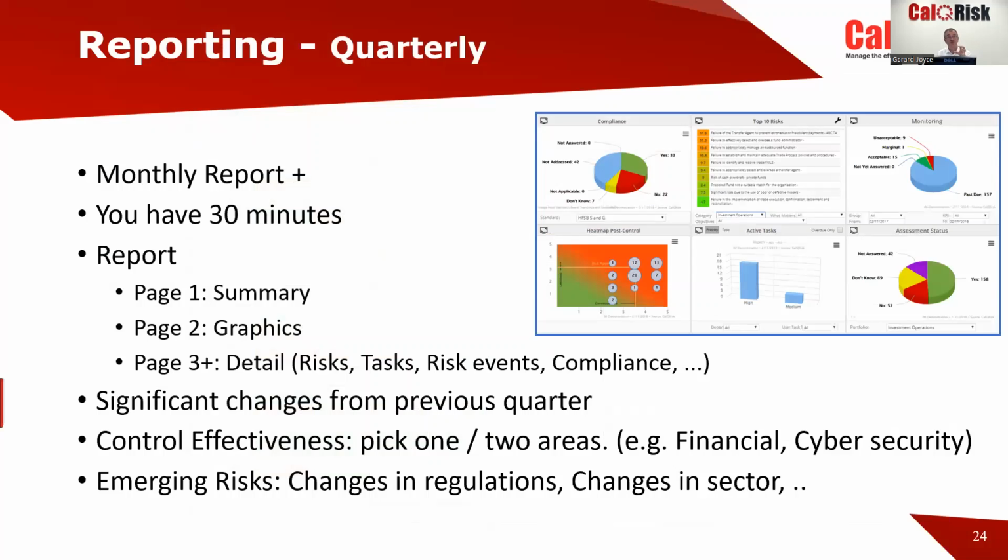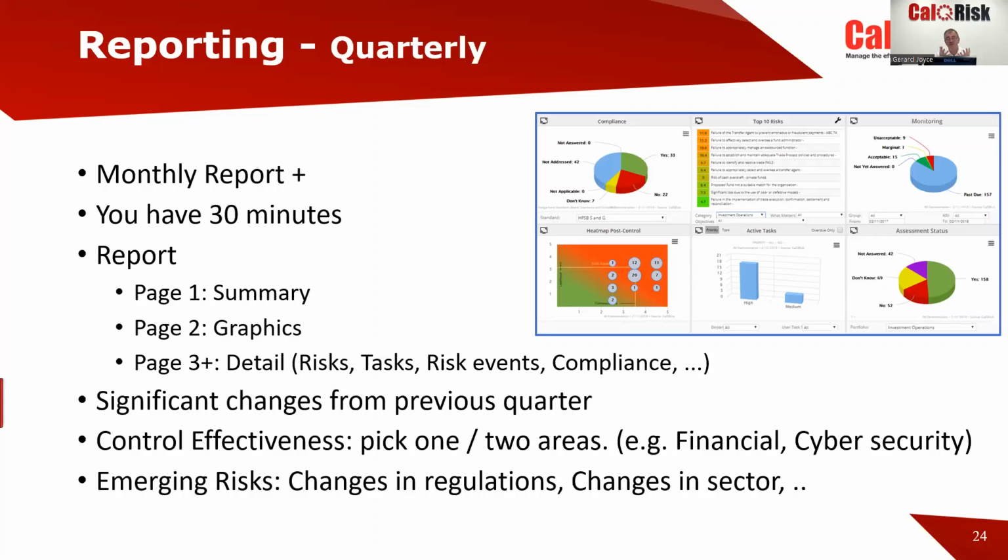Okay, quarterly report: you might have 30 minutes, so you can give a bit more information. I'd still be putting a summary on page 1, and I'd be putting the graphics on page 2 and maybe a few pages of graphics, and put the detail behind. I think on a quarterly basis, and maybe you only have quarterly presentations to the board, you will compare with the previous quarter generally, so that you can highlight maybe trends not always visible month to month, but certainly quarter to quarter might make more sense.